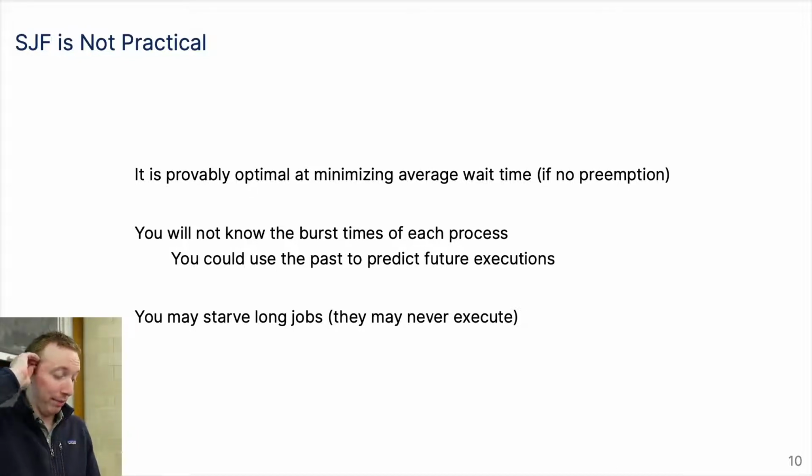And also there may be a problem called starvation, where you starve long jobs. If you do shortest job first and you have just a process that takes 10,000 time units, and you have a constant stream of processes that only take 1 or 2 or 10 time units, well, if the small processes come in fast enough, then you may never actually execute the longest running process because it would be at the back of the queue essentially forever, which isn't terribly fair.